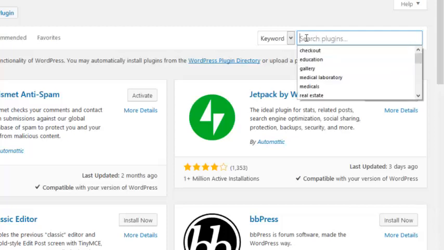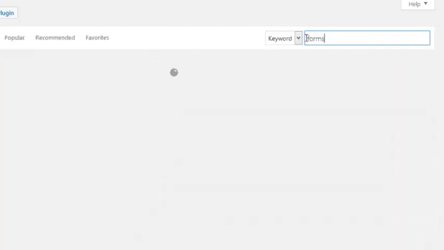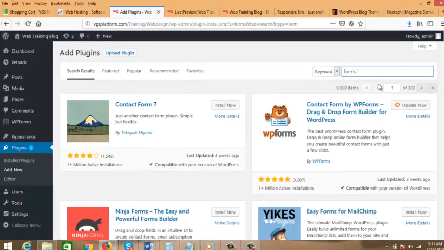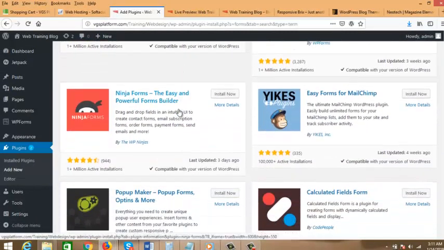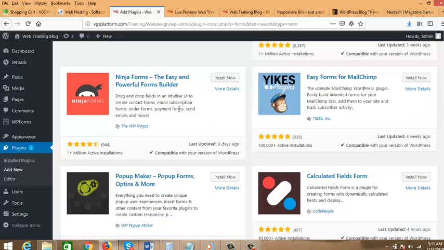I'll just do forms. Okay, so what it does is it gives me a list of different plugins that I can use for forms. Like one of those popular plugins is Ninja Forms. With Ninja Forms you can actually create any type of form, whether contact form, career form and stuff like that. If you click on more details,